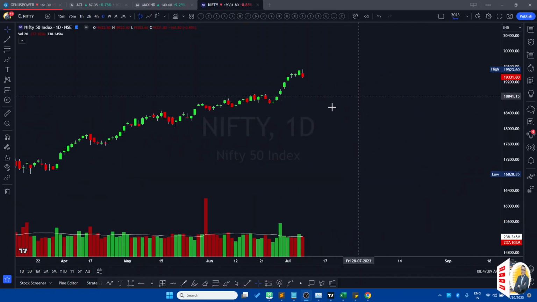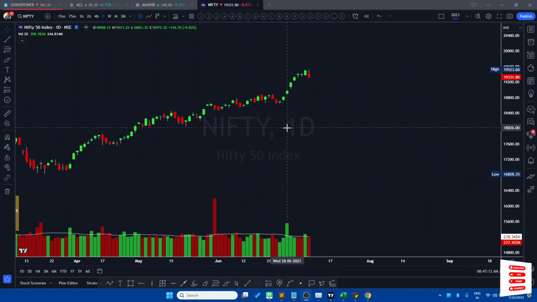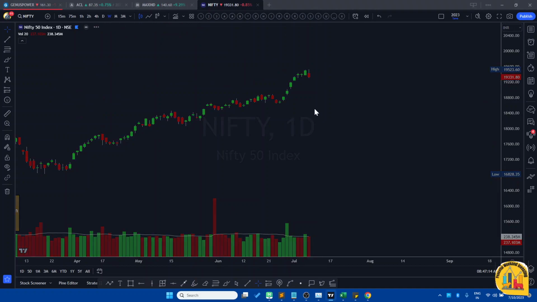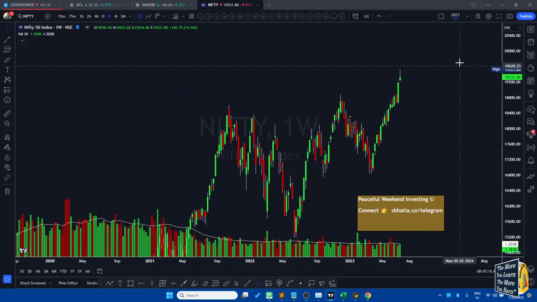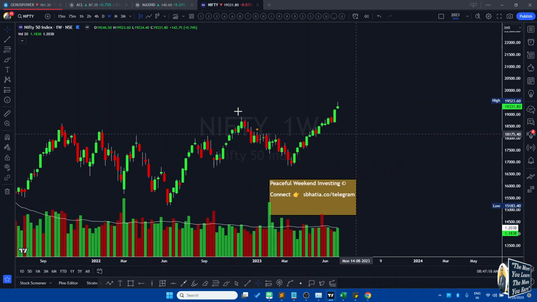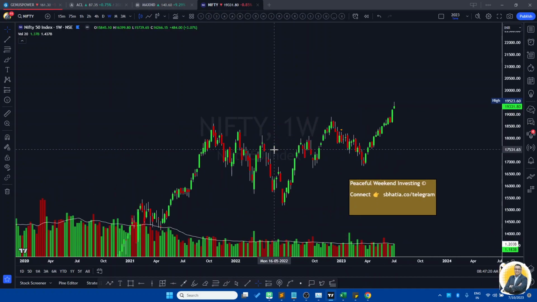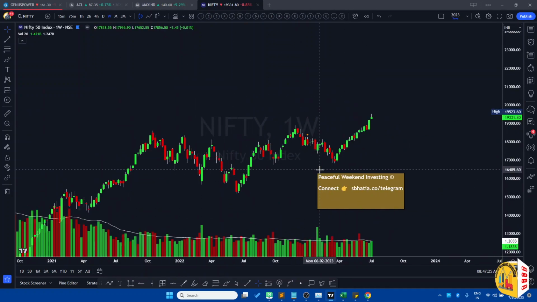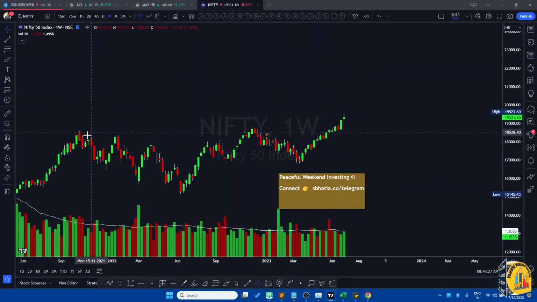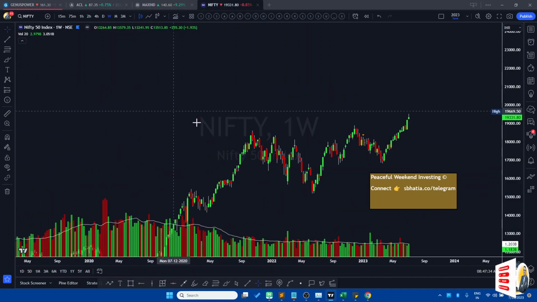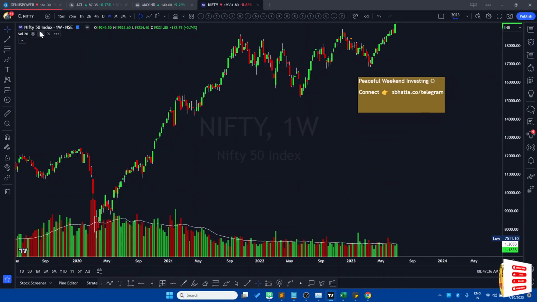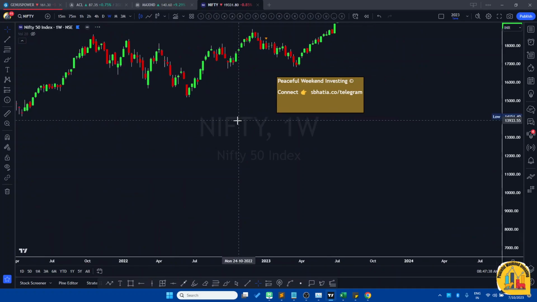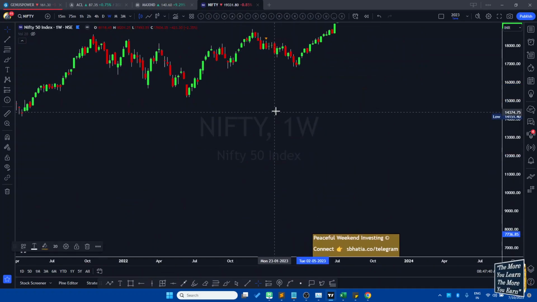Now, as you can see here, what is happening for the Nifty? I generally start with the weekly basis so that I get a view here, right? I have not made a video for a while, but people who follow me would have seen that I was making videos regularly on Nifty. But what is happening on the weekly basis? If you look at it from the context here, because the big picture is important, let me first switch off the volume so I have the view, and I'll pull this down.